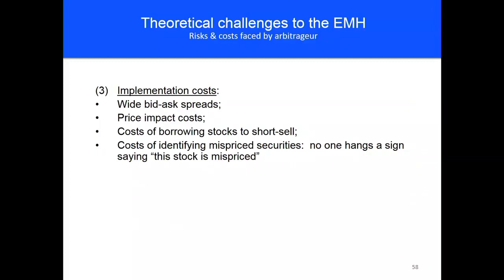An example of an implementation cost is when a hedge fund becomes too successful and becomes very big. Because it's so big, people begin to follow it, and the weight of its trading moves the share price. So they try to capitalize on a position, they try to buy an underpriced stock, but people look at them and the weight of their purchasing bids the price up. So there's a limit to how big you can grow without affecting the markets, which is one reason why successful hedge funds will often close off their funds to new money, because they don't want to become too big.